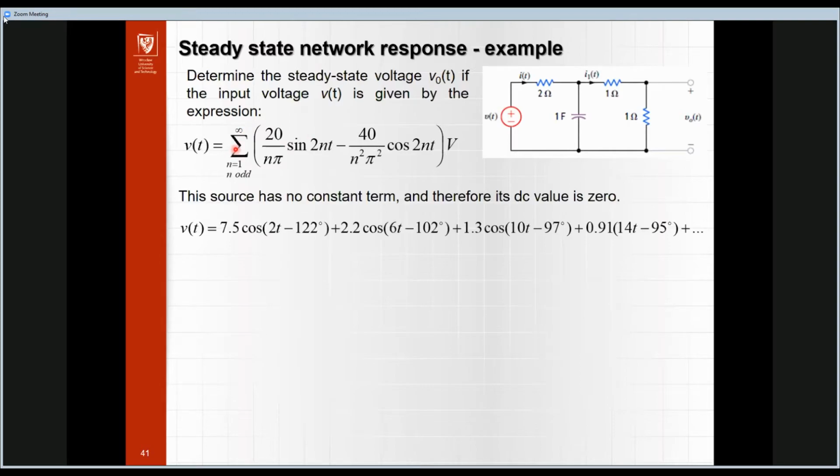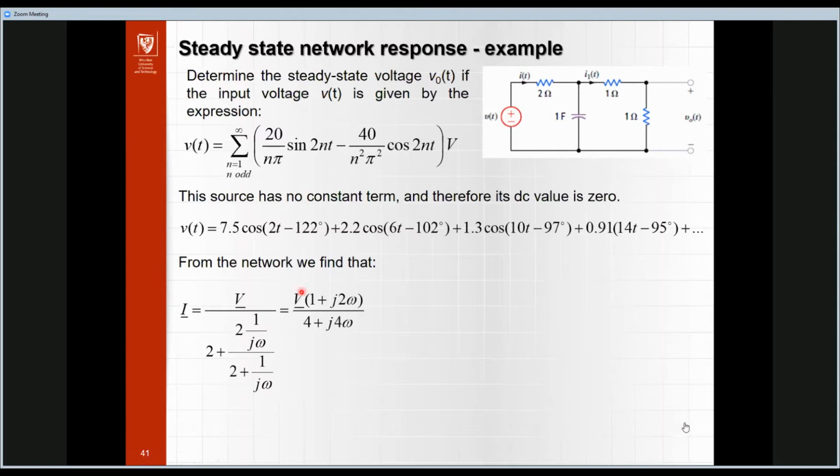And so we can write the amplitudes in the time domain. And from the network, when we use phasor analysis, we know that the current which flows here is equal to